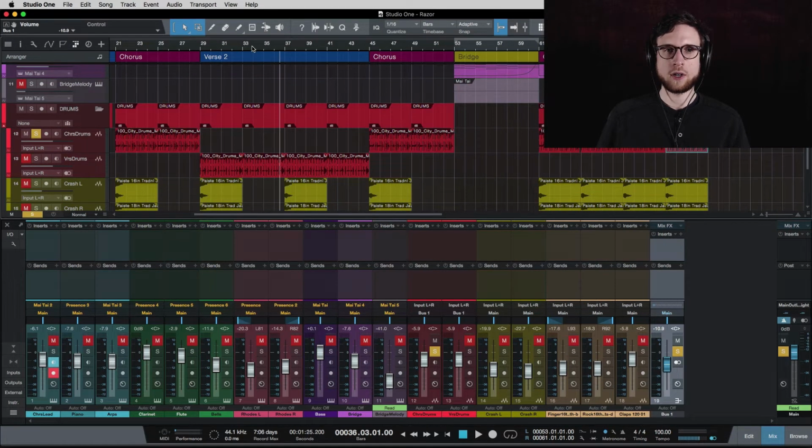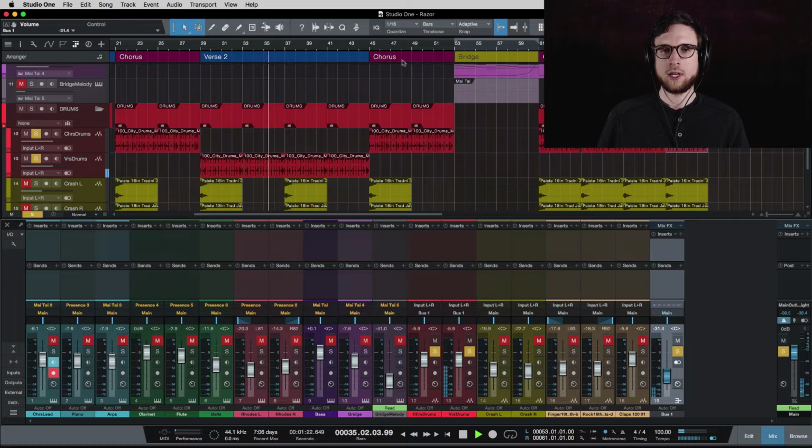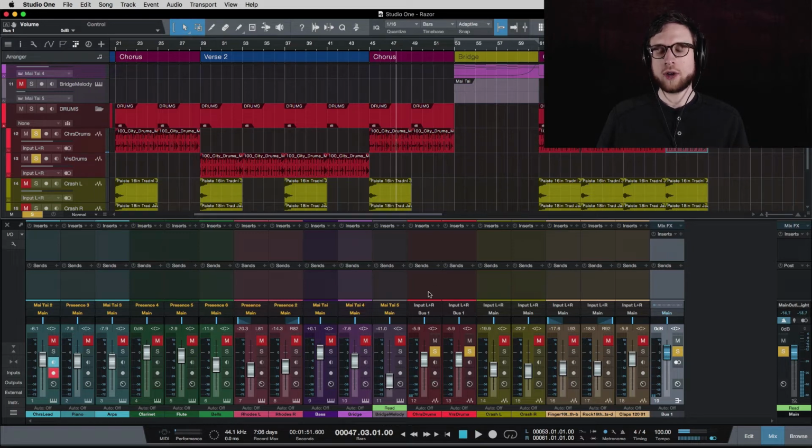Oh, I was in the verse there. I soloed this. Sorry, I was in the chorus. Here's the verse. If I turn it way down, now I go to the chorus, it's turned way down too. And you can see on its own channel, it's going at regular volume, but when it hits here, it's way down like this. I can bring it back up, and it's back up for the chorus as well. So that's 2 tracks being sent to a single bus. Now I'm going to undo that,